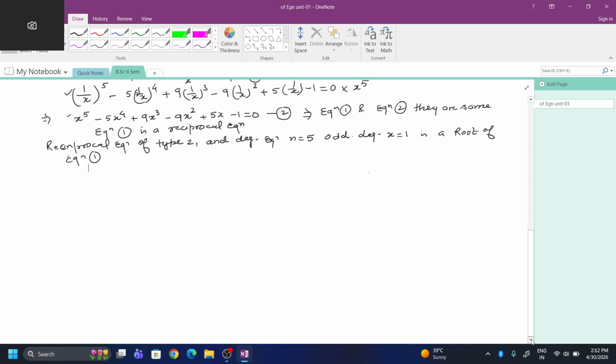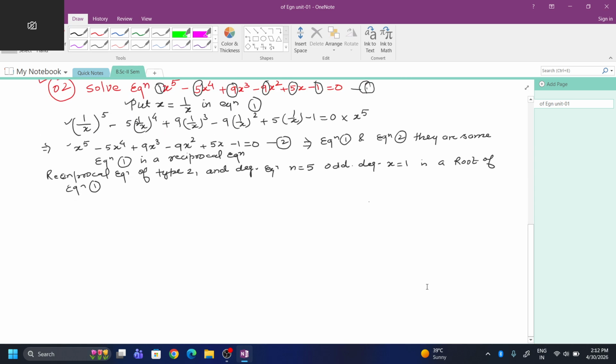So it is a root of equation number 1. So by using the synthetic division method, we can solve this equation in this way: